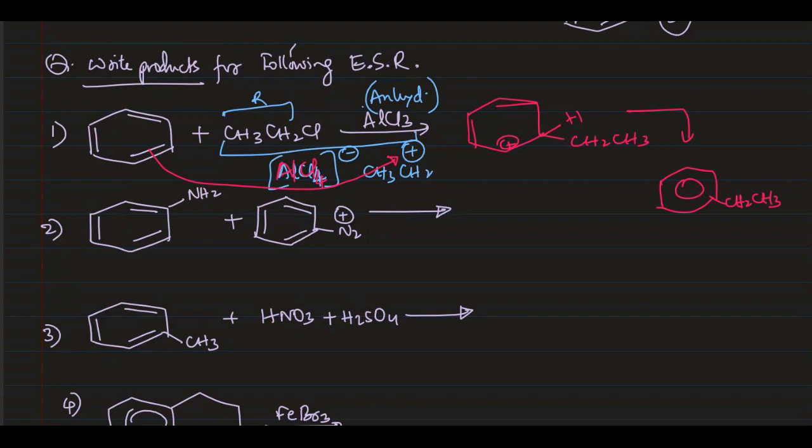The second question, if you see, this is a special electrophile. I have already given you the electrophile. In general, it will be Cl minus, which will be the nucleophile interacting with this electrophile. So this is called benzene diazonium chloride. This benzene diazonium chloride has N2 plus ion, diazo group.